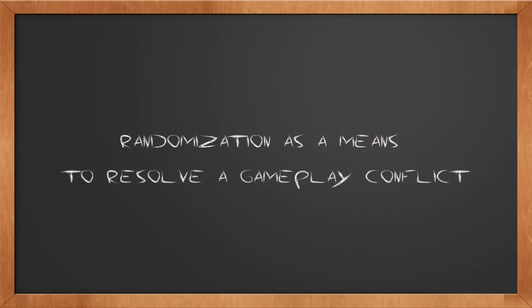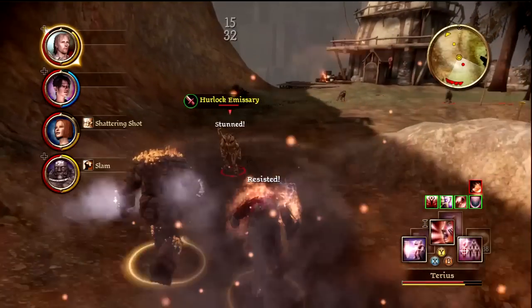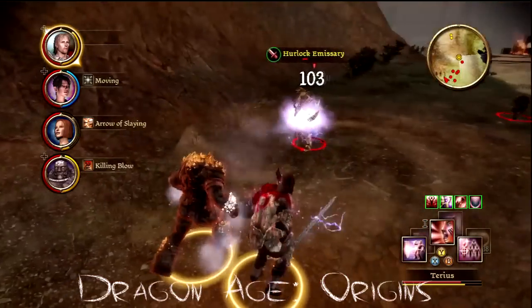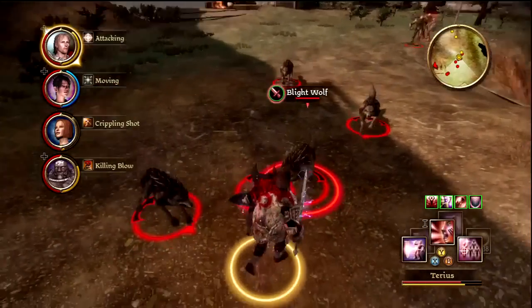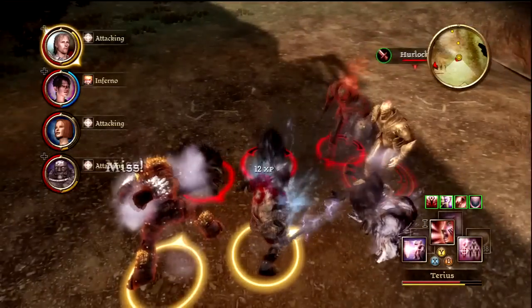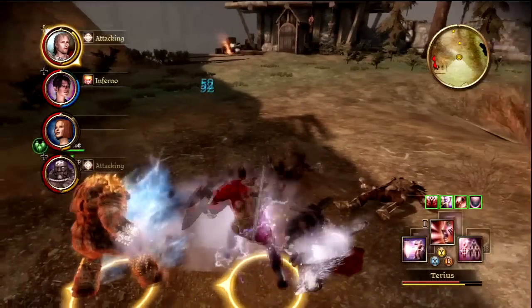Or in other words, back in the day when RPGs were tabletop games, a roll of the dice was the only way to figure out if your attack was successful or not. The problem is that when this gameplay style is brought into video games, it doesn't make sense. What the player sees is a character standing in front of an enemy and randomly missing. What they don't see is the invisible dice roll taking place in the code that decides whether or not you hit your target. This type of gameplay just isn't satisfying for most people, and that is why it was redesigned